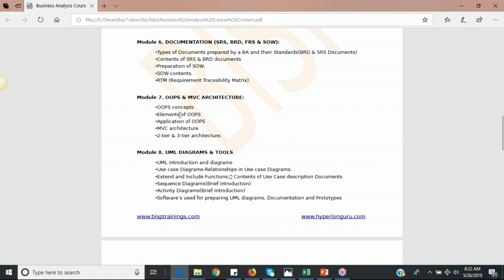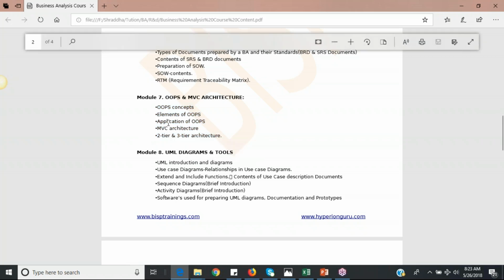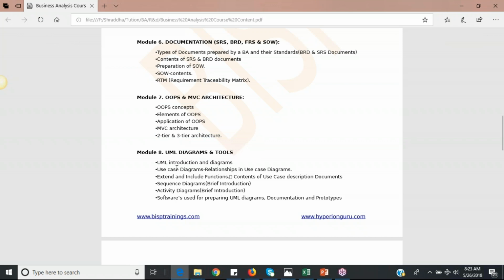Like if you take .NET, Java, C, C++, the same concepts are used. So we are going to see the overview of all those different concepts. As a BA, you don't need to go into the detail and define it, but you must have the basic idea of OOPS and MVC architecture. So we are just going to see what the different topics are and how they will be helpful.